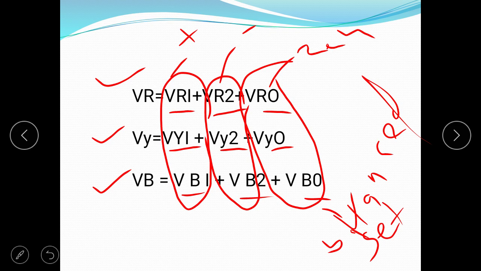So this is the procedure of dividing unbalanced phase components into balanced sequence components. The positive sequence components of all the phases R, Y and B are balanced. Negative sequence components are also balanced. Zero sequence components are also balanced. But the phase components of phases R, Y and B are unbalanced.